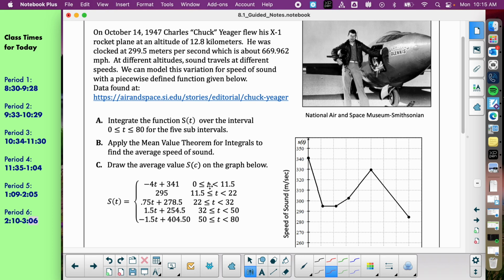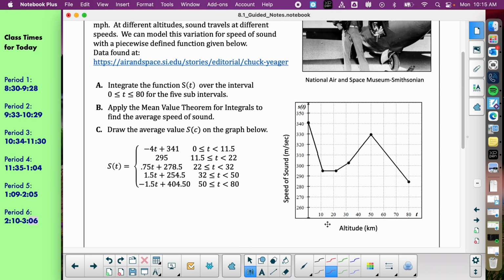Okay, so this has a graph of how fast he was flying at what altitude. So it's a piecewise function, which was basically set up this way so that you guys could find the area either on your calculator or by hand. I would not recommend by hand. It's not terrible, but it would be a lot of busy work. How would we type this in our calculator in one step? Does anybody feel like they know that?